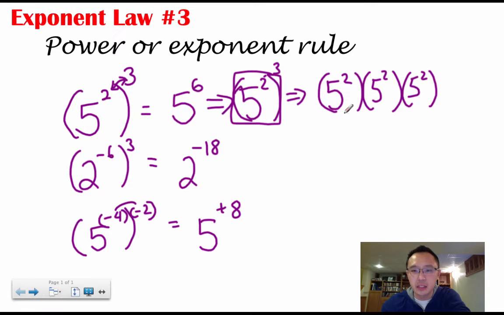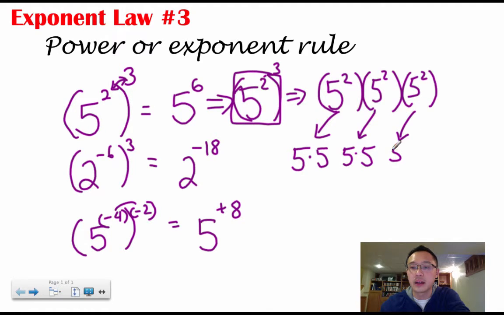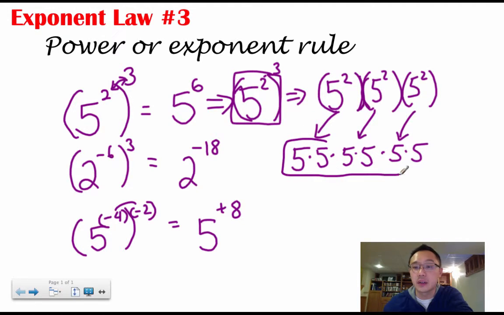Since I have this, I can further expand it. 5 squared is 5 times 5, and this also means 5 times 5, and this also means 5 times 5. And since the brackets are right beside each other, if you remember from the fractions unit, they're multiplying together as well. So we can notice that this 5 times 5 times 5 times 5 times 5 times 5 is written in expanded form. And if we were to write this into exponential form,